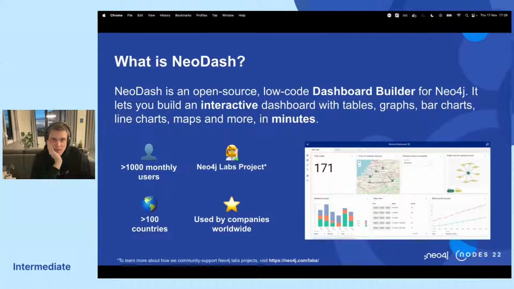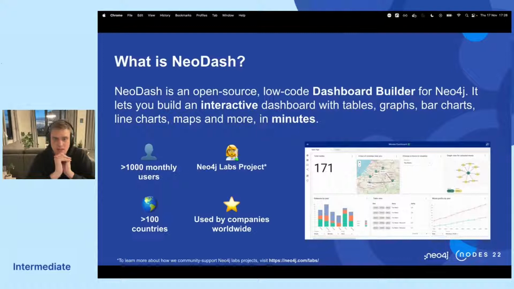So diving deep into NeoDash. So what is NeoDash? It's a low-code dashboard builder for Neo4j, open source. And this is a project that I started about 2 years ago. And I have currently a lot of people helping. There's support from the community, people inside Neo4j. So it's become a really nice, big project, much larger than what I expected 2 years ago. And it's been seeing quite some interest in the community. People love to use it to prototype dashboards or even bring their dashboards to production. And I'll show you a demo of this in a bit, of course.